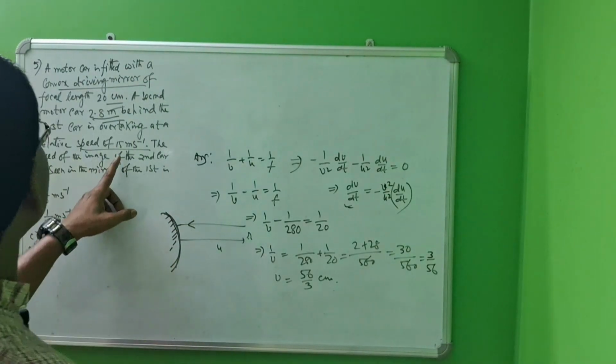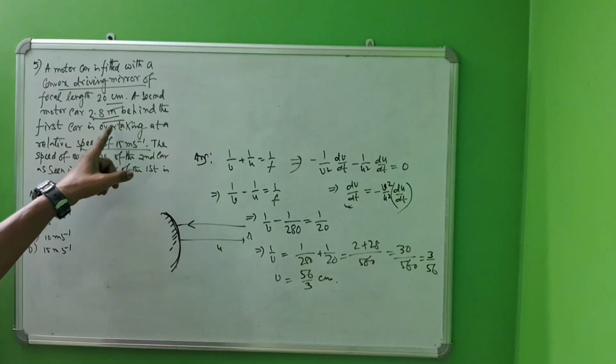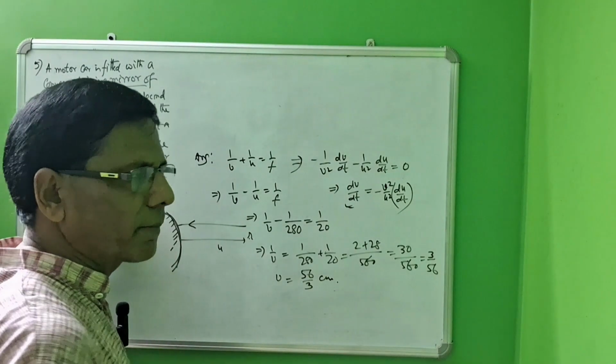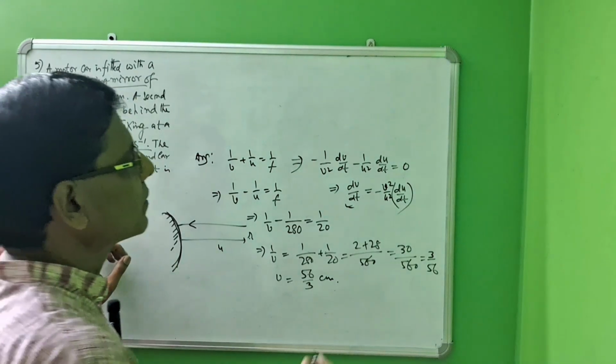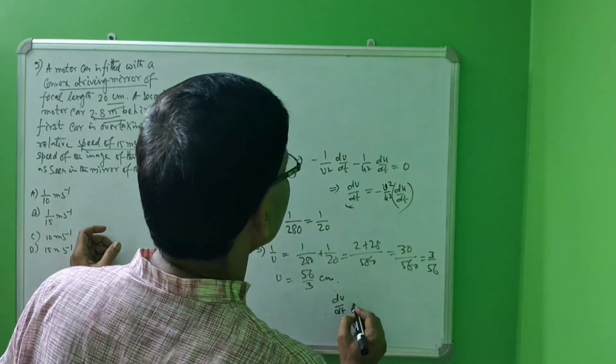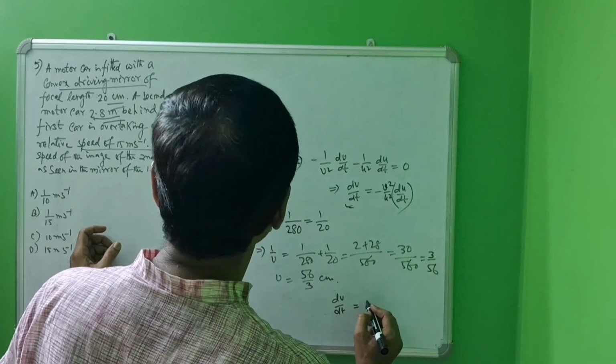This was given: the relative velocity of the object, meaning the second car, is 15. So we get dv by dt equals